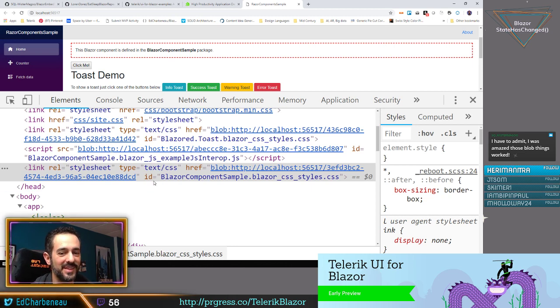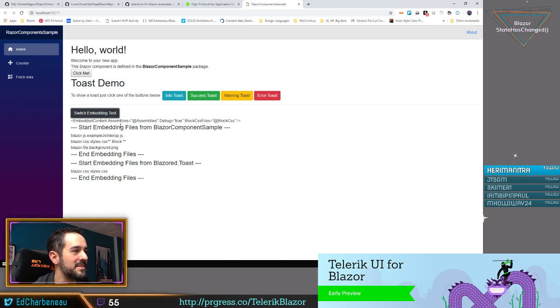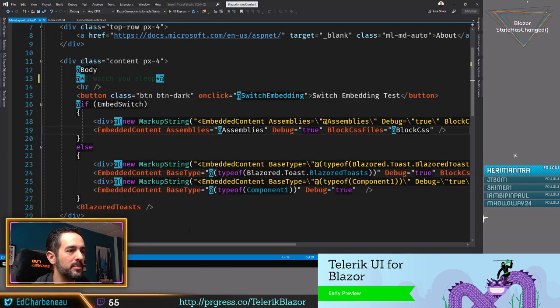So Mr. Magoo says, I have to admit, I'm amazed those blob things work. I'm not quite sure how you generated those, but we'll take a look in a minute. I'm assuming you've got some magic under the covers of this. So switch embedded test. If I click this button, it's essentially turning off a few of these embedded style sheets,